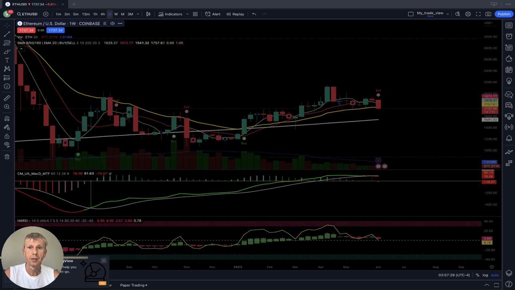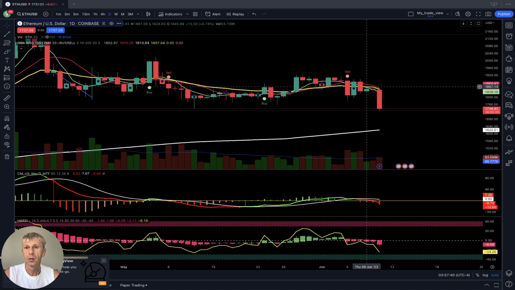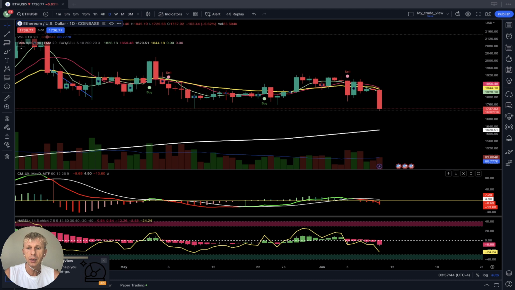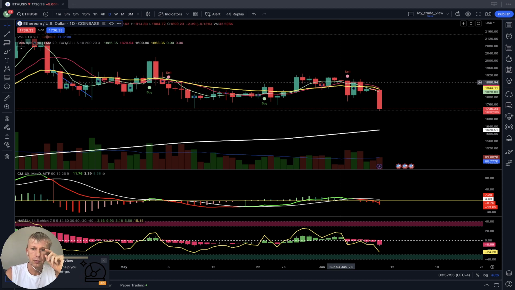Let's check daily for Ethereum. Ethereum daily bearish trend. Today is minus 5.5% already. This bar closed. The bar moved below MA5, 10 and 20. Bearish trend. MACD bearish, RSI, all indicators bearish. It started from this crossover, MA5 did a bearish crossover. It started with the bearish crossover on June 4th. Bearish trend.